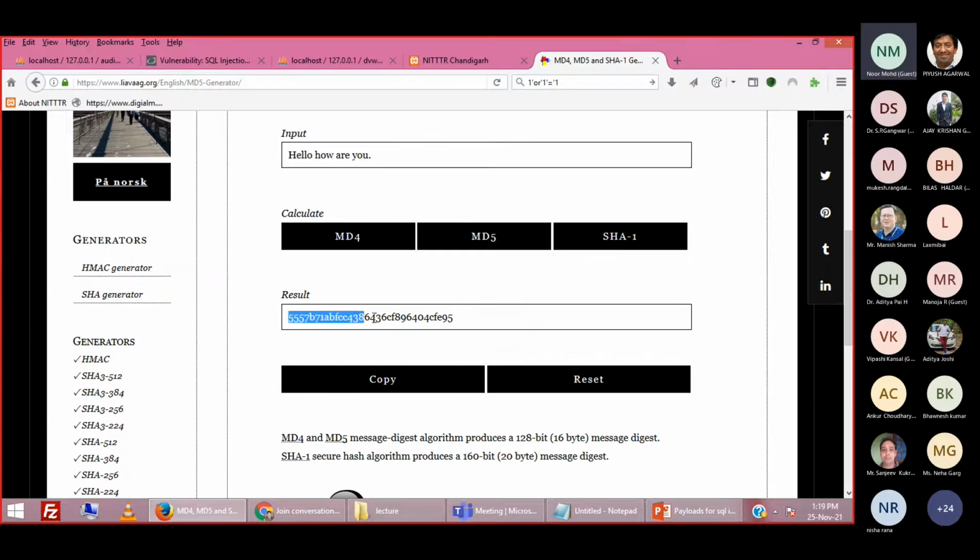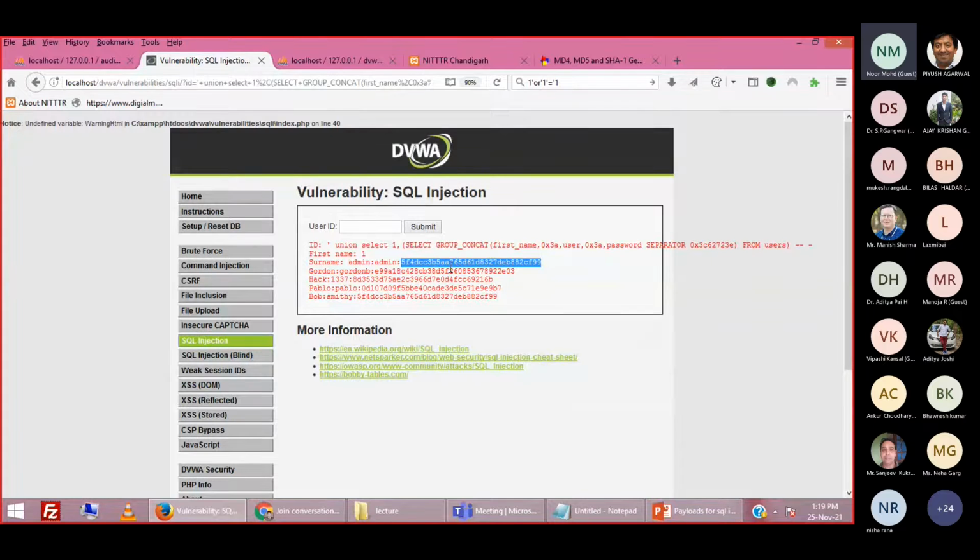And no hacker will be able to understand what this message is. If you send this message, your message is safe. Even if hackers intercept this message, they will not be able to read it because it is an encrypted, encoded message. Similarly, passwords in this website are stored in the hash format, so you cannot read them or take advantage of them. It is of no use because it is encrypted.